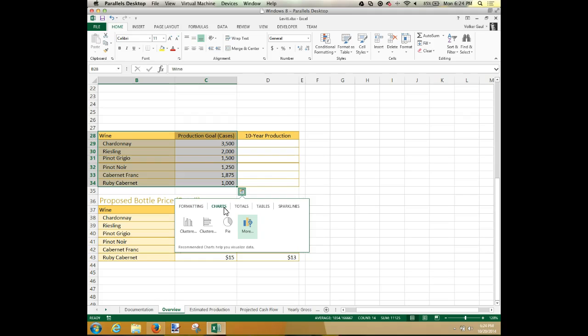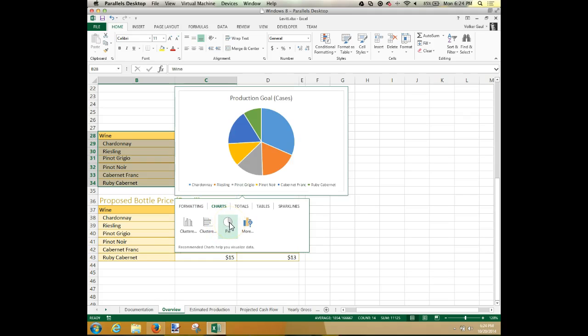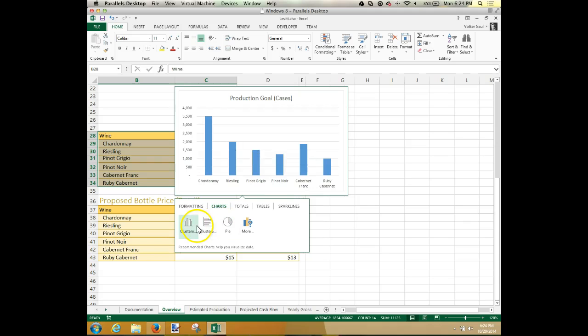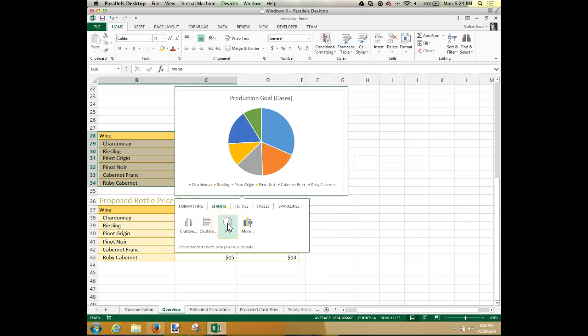We want a pie chart. Pie charts are used, and if you touch it, you see a percent of the whole here. Okay? Pie charts are used to show a percent of the whole. So whatever that green is, that's the Ruby Cabernet. It's a pretty small chunk. The Cabernet Franc is a pretty big chunk. Or maybe it's the Chardonnay. It's kind of hard to tell because it's so small. But this shows the percent of whole. What do we sell